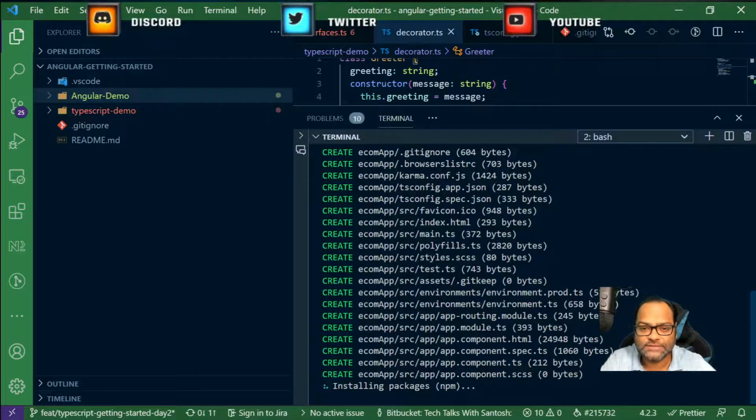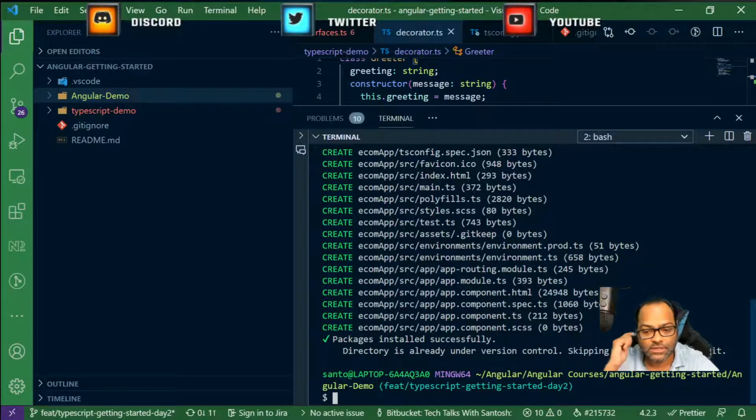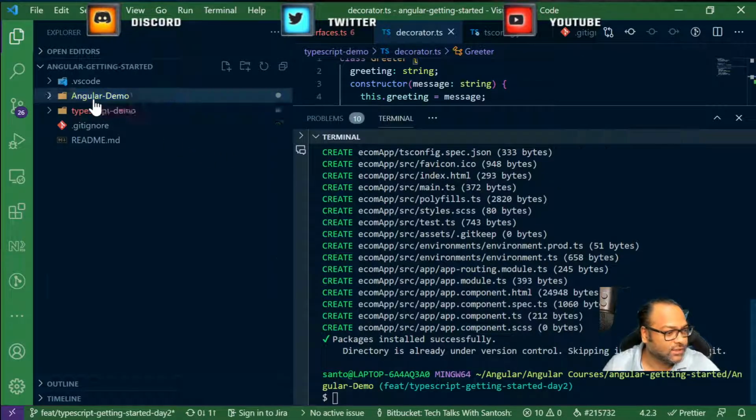Because every developer is different, right? They may follow all the TypeScript practices and type everything, but there will be developers who may skip it because they don't want to type anything. Probably they just use any, or they were confused about what type to use and they just used any. So rather than doing that, you just enable strict mode and then no one can do it. So you are stopping them at step one, right?